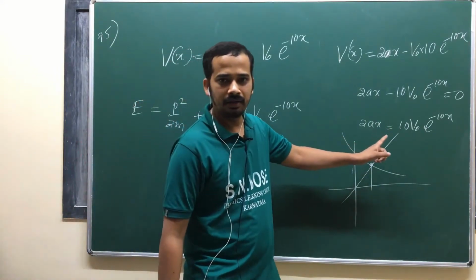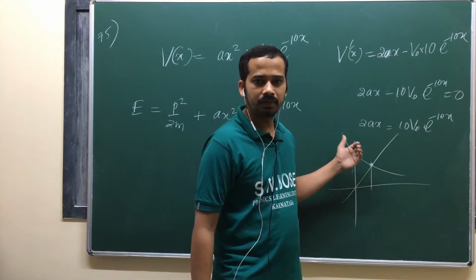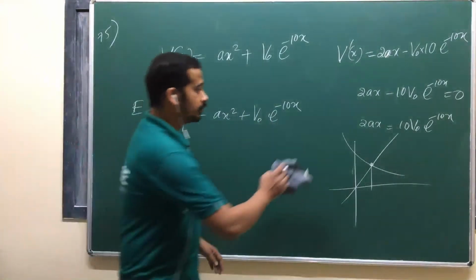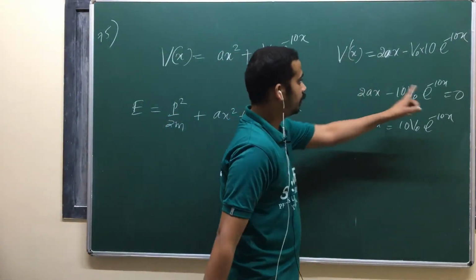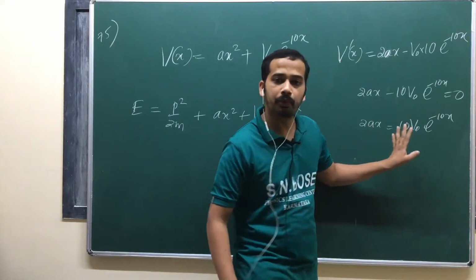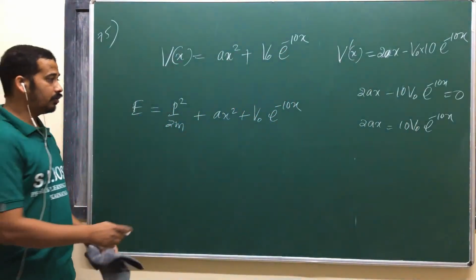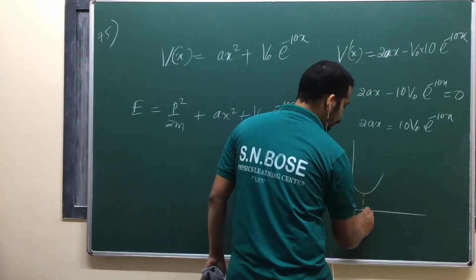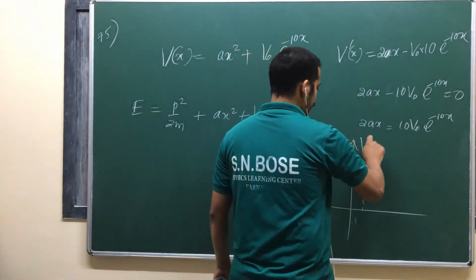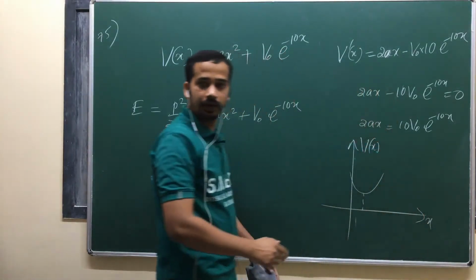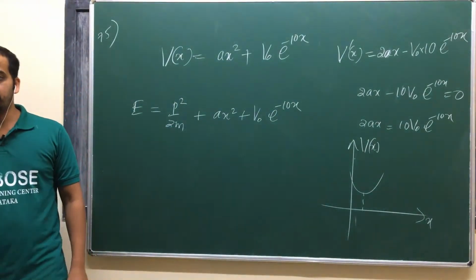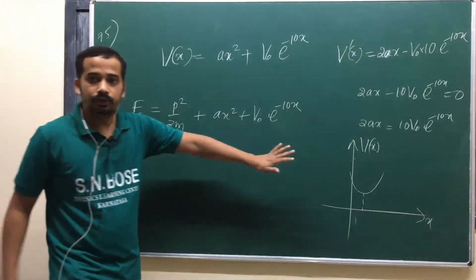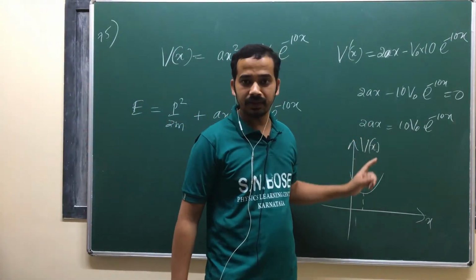If you apply log e, again x is equal to some log x will happen, some x power x or something will come. But what I'm saying is, this solution has a derivative equal to 0 for positive x value. That's what you need. So that means the potential has a minima for some positive x value. I don't know the exact nature of the potential, but it has a minima for some positive x value. You can check the second derivative also, but it is quite lengthy. You just need where its derivative vanishes, there it has a minima.